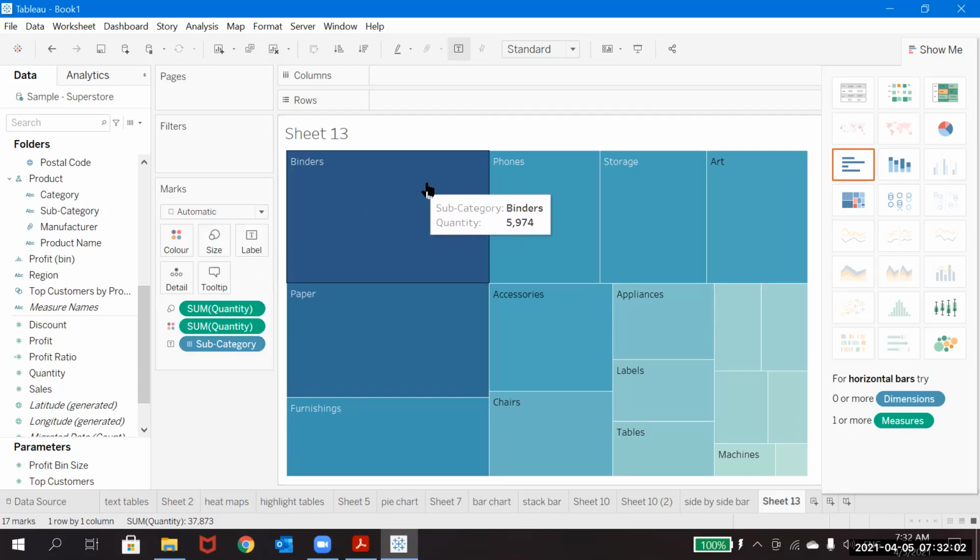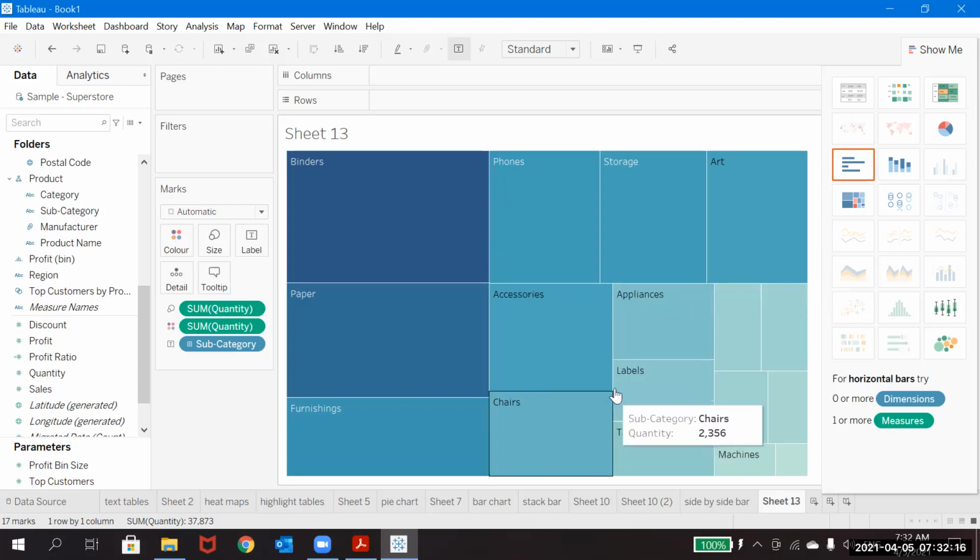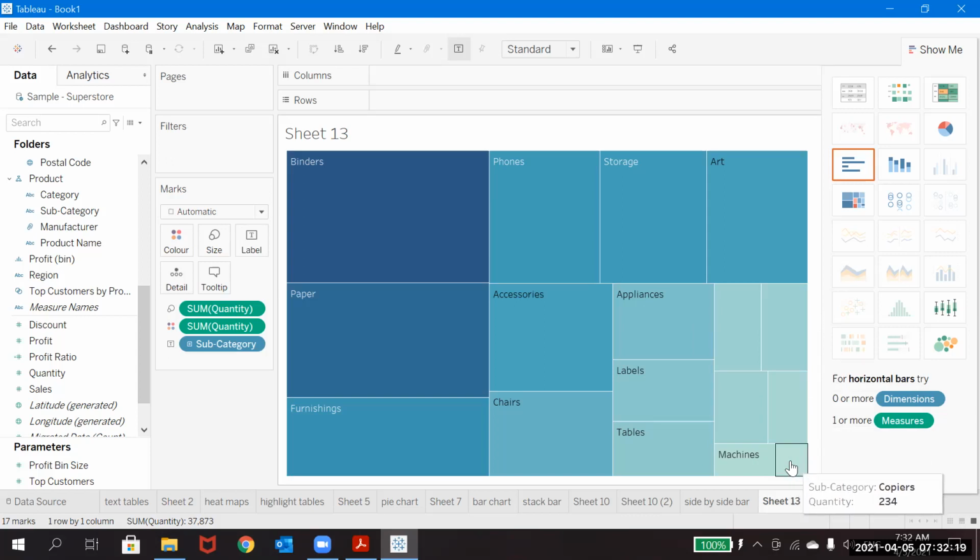If you observe this clearly, based on the quantity size, if the quantity is more, that value is showing first with the dark color and with the bigger box. Gradually as the value of quantity decreases, the box size of the subcategory also decreases and the value is shown there. So that is how the tree map will look. Okay, tree map.